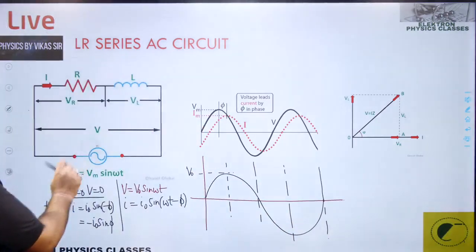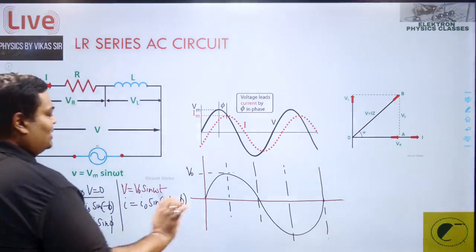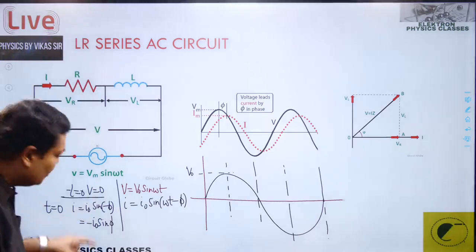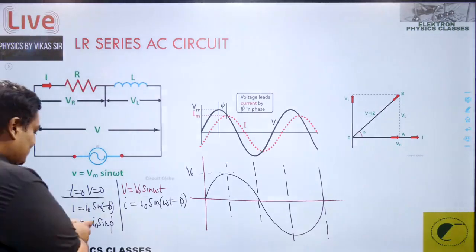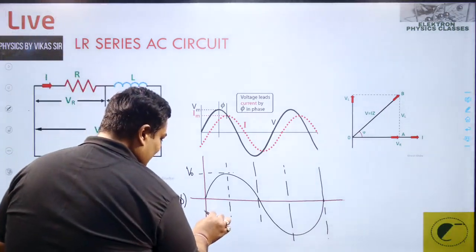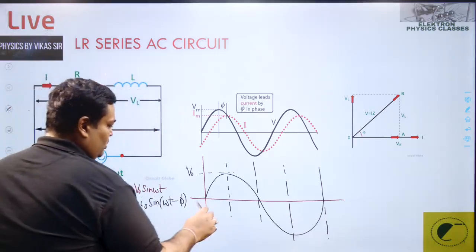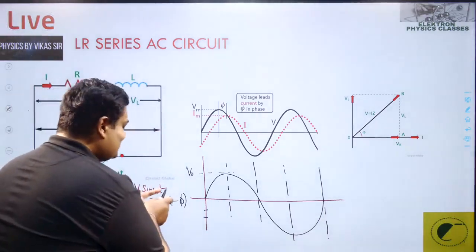So if I sketch in the graph for the current now, over here, the current graph is supposed to be not starting from the peak at t equal to 0. Since it is not starting from the peak, that's minus I0 sine phi, so it starts somewhere from here. Maybe this was the peak, but it's not starting from there. So where does it get the peak? Later on, as the time increases.